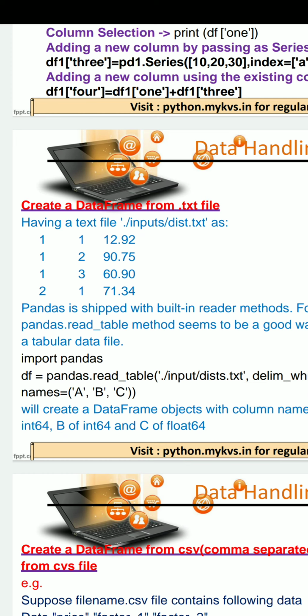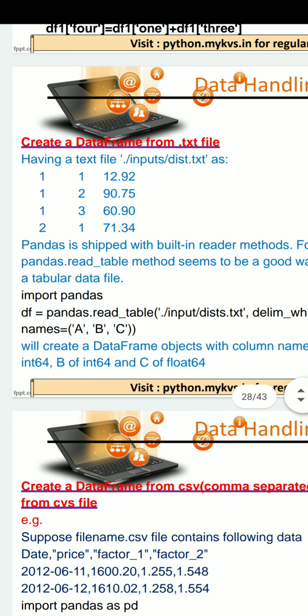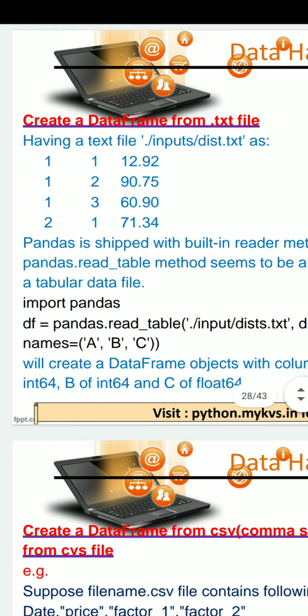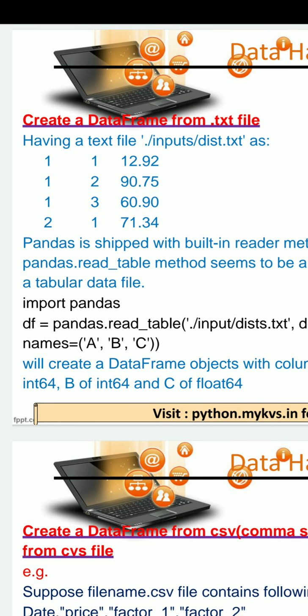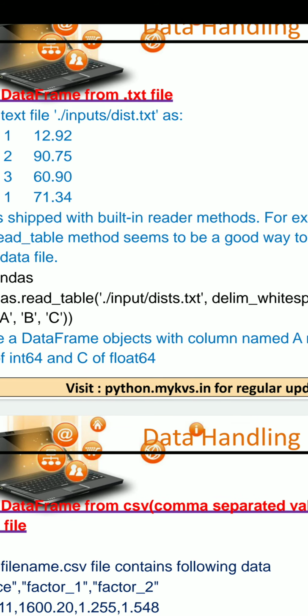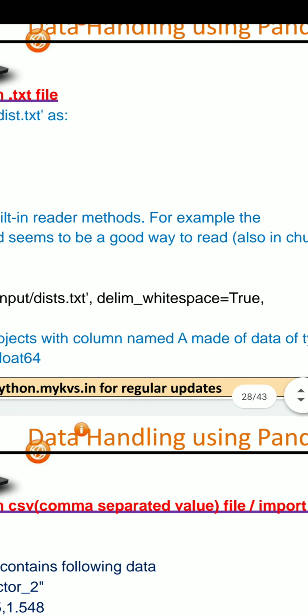Now the next program is to create a data frame from a .txt file. First of all, you will have to have one .txt file and its location, separated by tab keys or similar space. Then with the help of that txt file, we can read the data into a data frame. Here we are not creating an object, we are directly using the pandas module. pandas.read_table is a method where we have to pass the txt file with a delimiter.